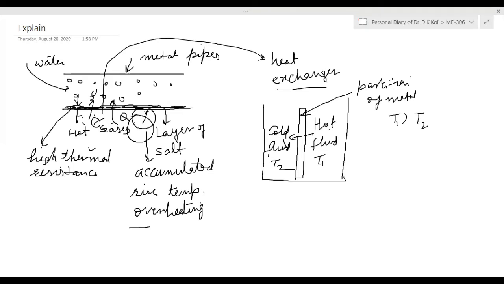Any doubt? Will flow from, right? So heat will flow. That is Q. So Q will flow through this. Right? Here what is happening? Hot fluid is the one fluid. This is the other fluid, and heat is transferring from hot fluid to cold fluid. So this type of heat transfer is known as the operation of the heat exchanger. This is called the heat exchanger.